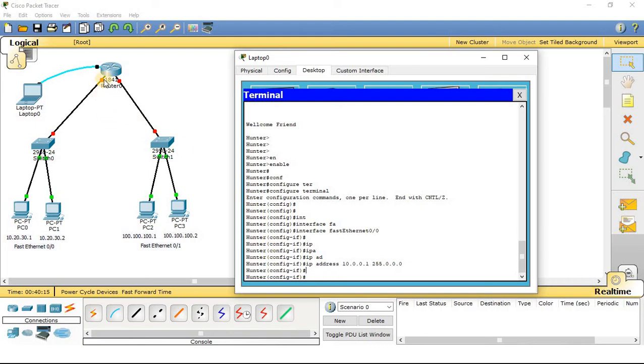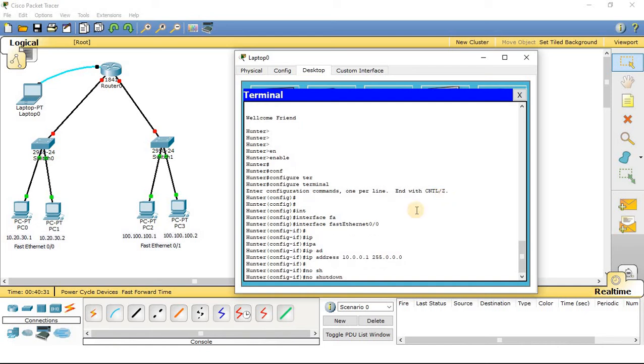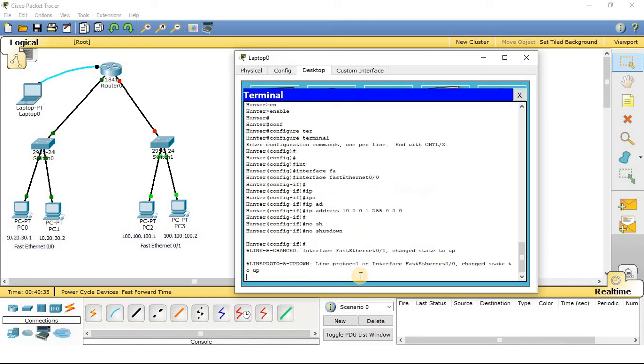So to open up this particular port, I have already accessed this port. I will open up the status of this port. So I will write no shutdown. Write down the command in your notebook, no shutdown.